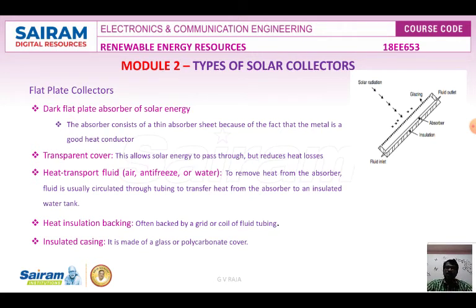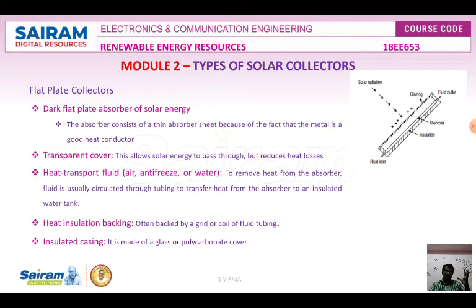For example, if you talk about the solar cooker, two types of collectors are used. One is a flat bed, the wooden box. There the pot or the cooker will be kept above the absorber. There is a glazing material. Whenever the sun rays fall onto this glazing material, reflection takes place, so more heat will be absorbed and the pot will be boiled with the rice or vegetables, and then cooking is made easy. One more method is the parabolic dish method.